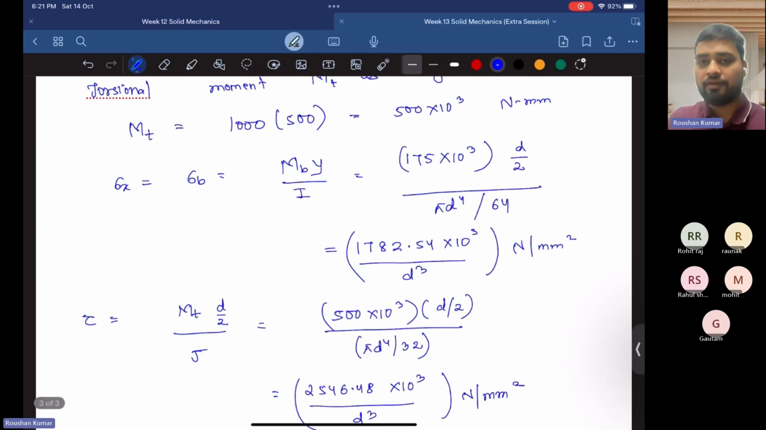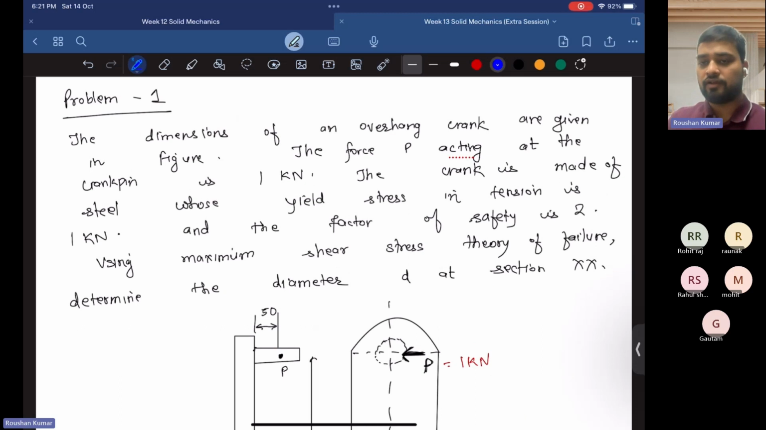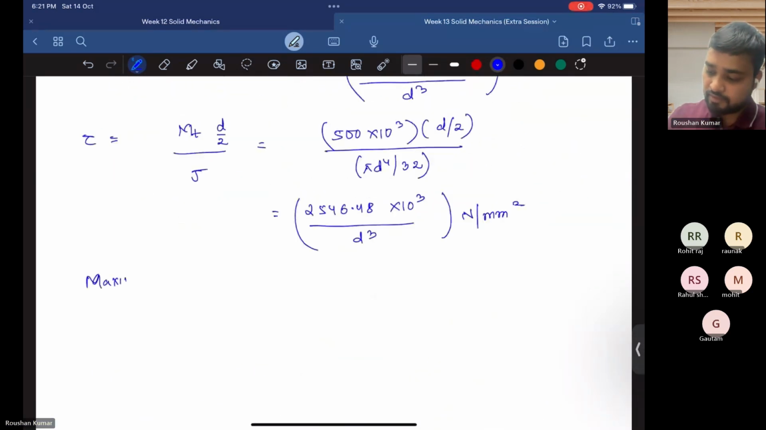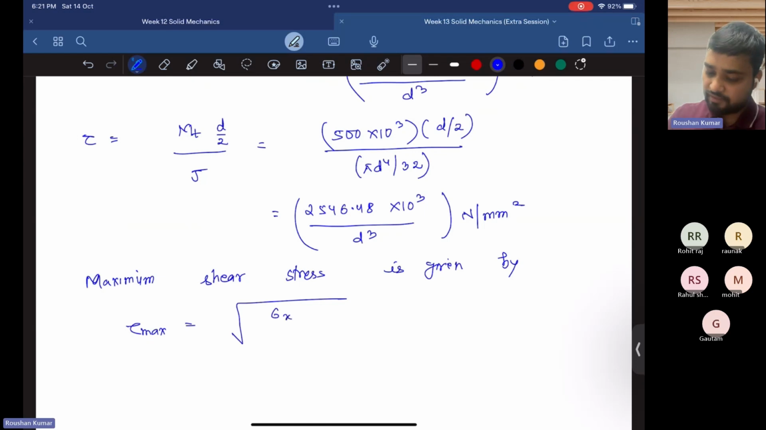Now, in the question it is mentioned that we have to use the maximum shear stress theory. So that's why we will calculate the maximum permissible shear stress. So maximum shear stress is given by, we will simply use the concept of Mohr circle to find the maximum shear stress, that is tau max is equal to root over sigma x upon 2 whole square plus tau whole square, which is nothing but